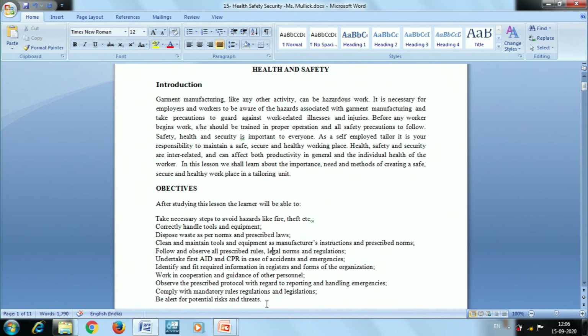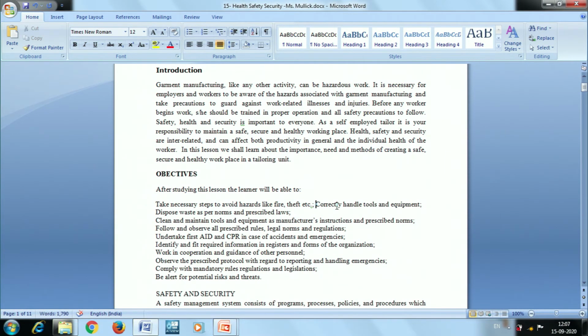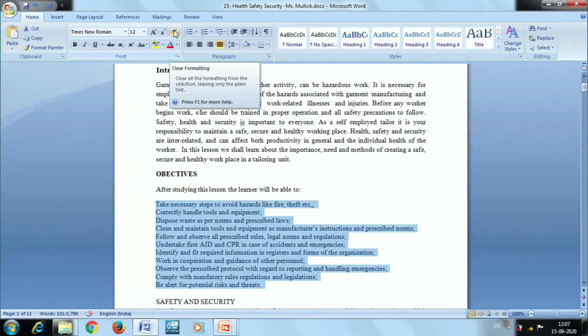But since these points are written in separate lines, if I want to give some attraction, I have to insert some bullets, otherwise it will not be noted, or if the contents are continuously placed, then it can be read as the same sentence, right? So it should be like this, or if it is point based, then I have to put it like this. Here I can insert some bullets, or if I want to give numbers, then I can give number 1, 2, 3, 4, something like that. So I want to place some bullets here. So I can click the bullets and numbering option.